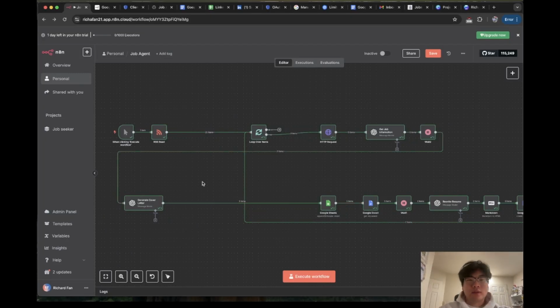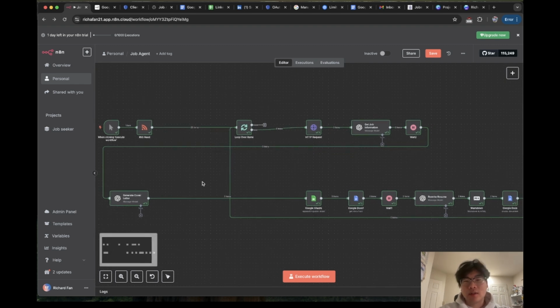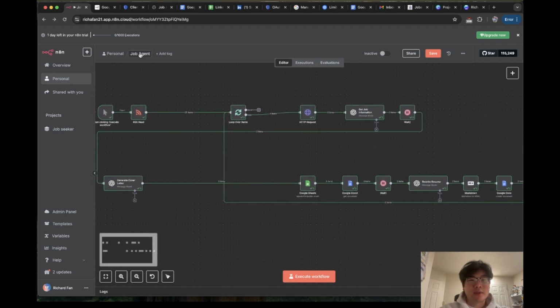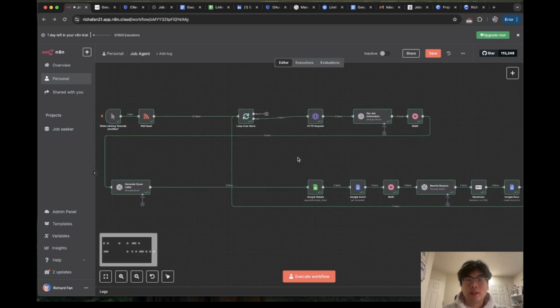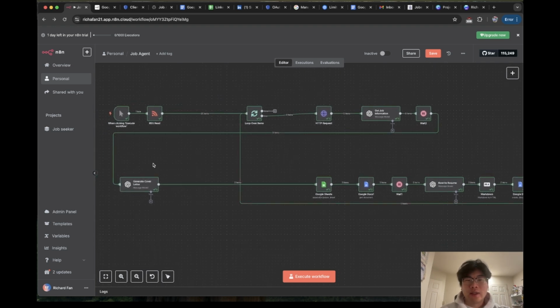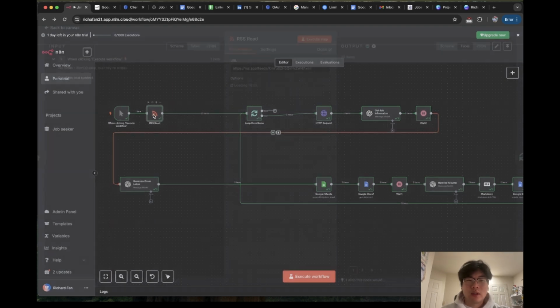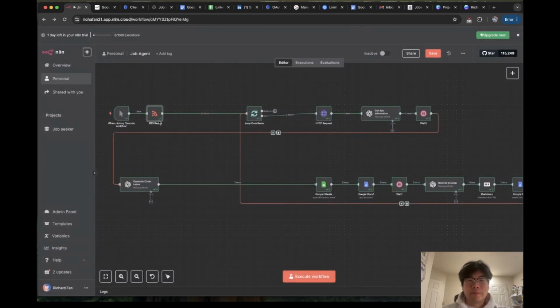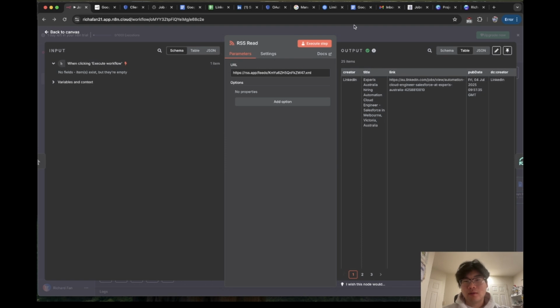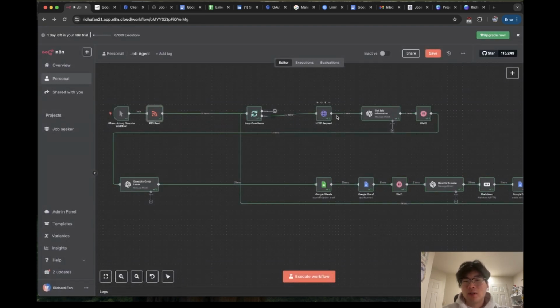So I'm back on N8N, and this one is the job agent. I just wanted to show you where I'm up to. The idea was to create an AI agent that could go on LinkedIn based on whatever you filtered out, whatever type of job, location. It would get those jobs, and then one by one it would